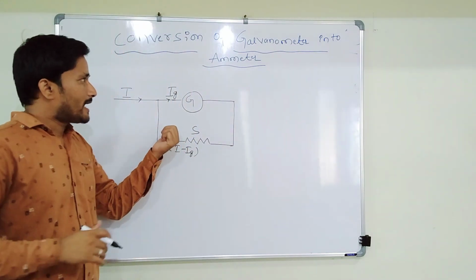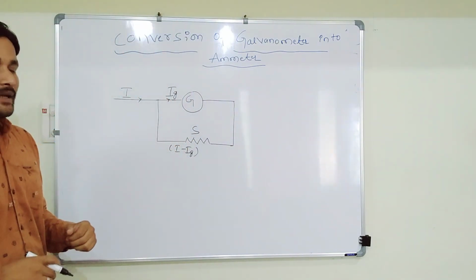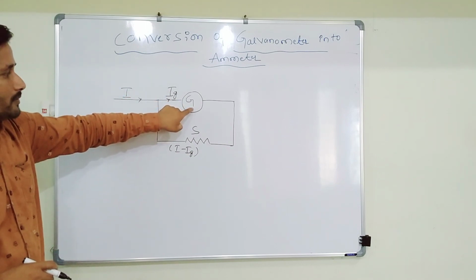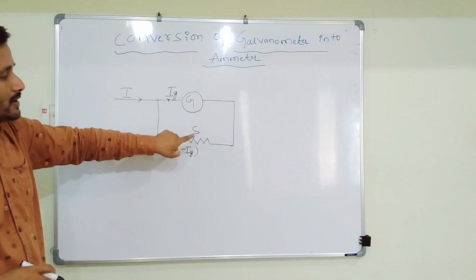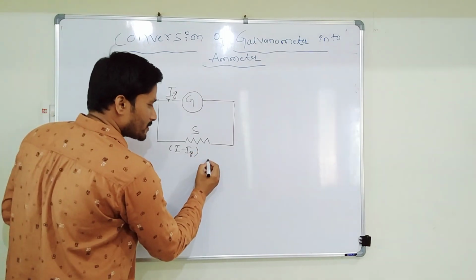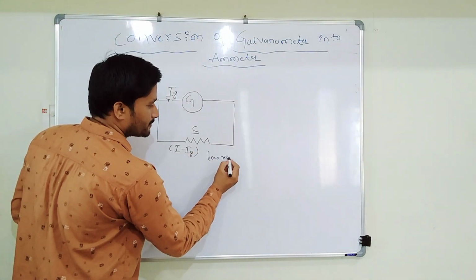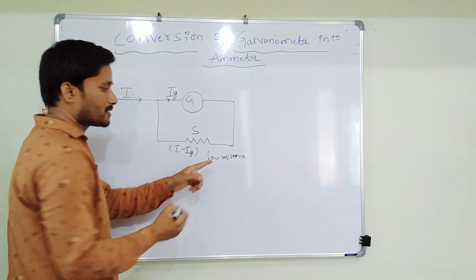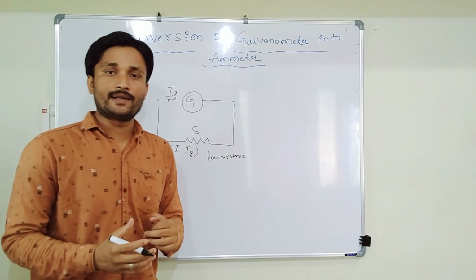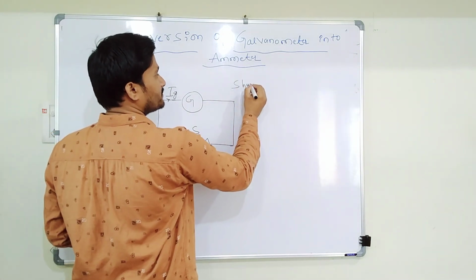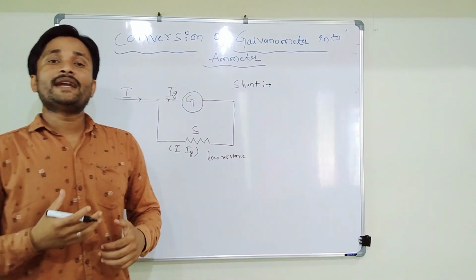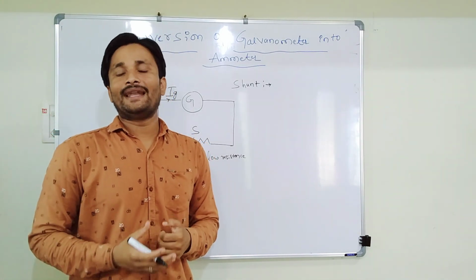Let's understand this topic with the help of the circuit diagram. In this circuit diagram, we are using a galvanometer. Parallel to this galvanometer we are using a low resistance, which is denoted as capital S. That S is nothing but a shunt. A shunt is a device which creates a low resistance path